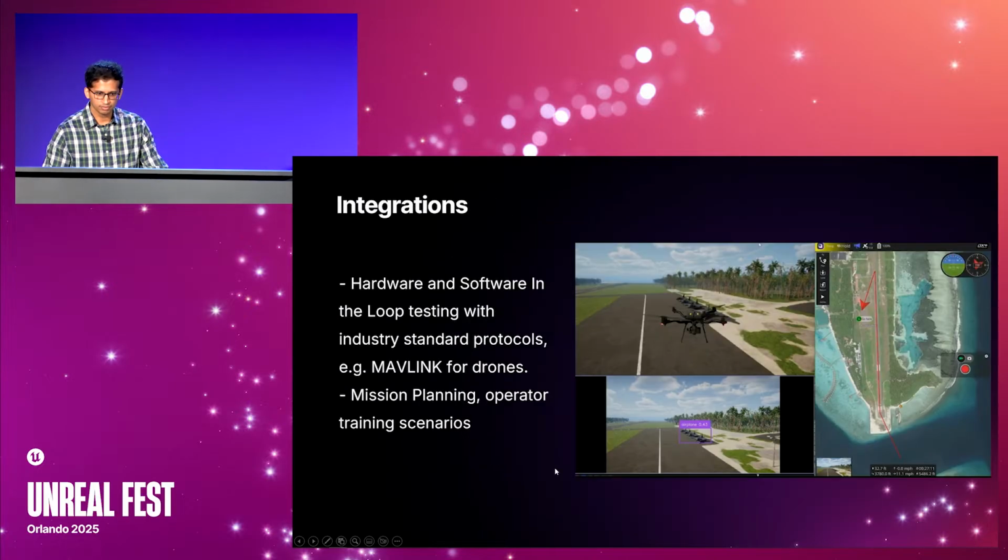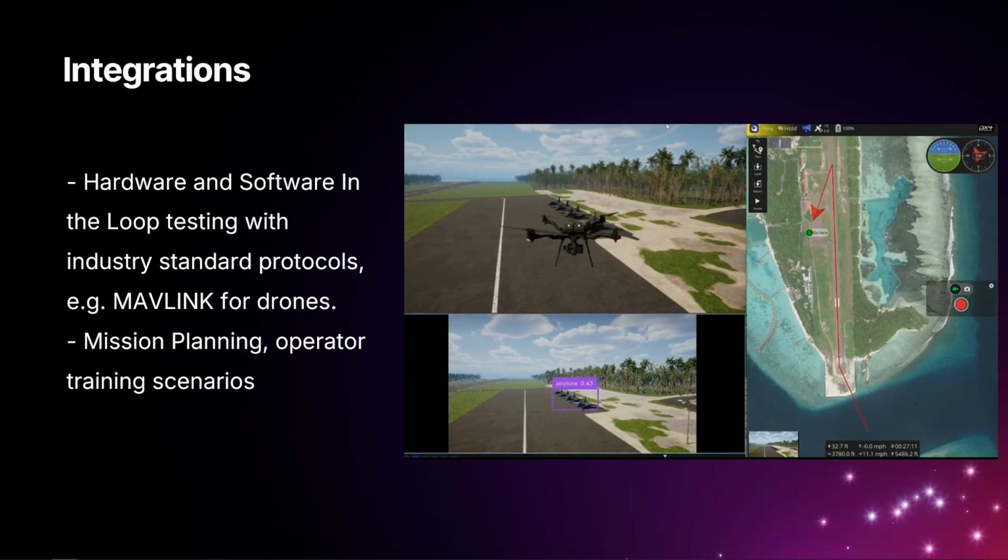And of course, I just wanted to spend a quick moment talking about the integrations as well. So this is a little bit on the platform side of things, but we have some integrations on the AirGen simulator with things like these industry standard protocols for hardware in the loop testing or software in the loop testing. And all of these tie in very nicely with the Unreal Engine layer, because if you can expose the right camera hooks or the hooks into the world for variations or trajectories or data generation, it's very trivial to link them with any of these higher level tools that can do mission planning or operator training and stuff like that.